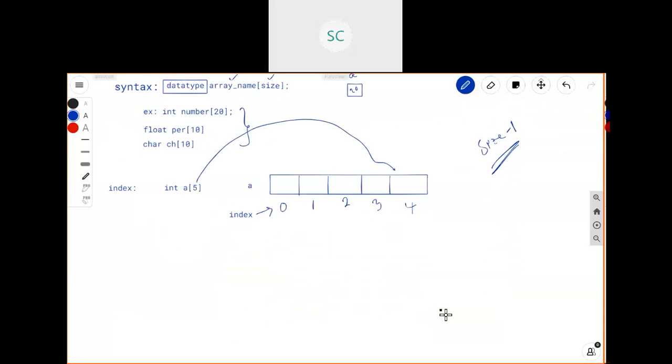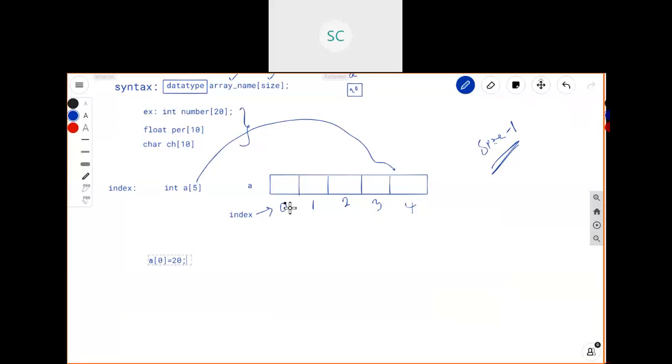Here I'm going to assign index position 0. See, A of 0. Like this, you can assign some values to this index position 0. A of 0 equals to, I'm going to give 20.